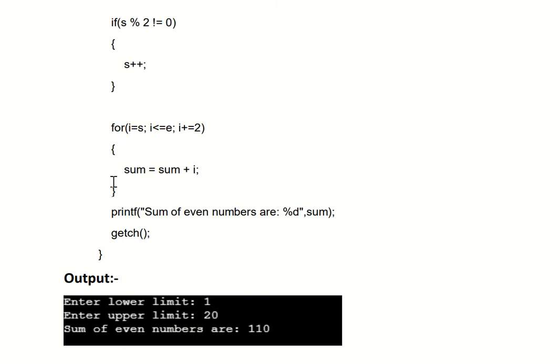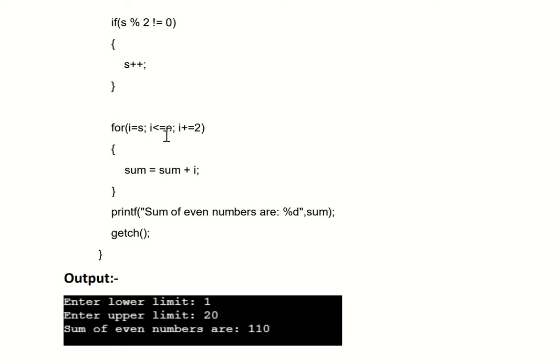So again it will go inside this for loop. Then sum equals sum plus i. Now the sum is not 0. The previous value of sum is 2. So sum equals 2 plus the current value of i, which is 4. What is 2 plus 4? 6. So the new value of sum is 6. Then the closing bracket, so again go back here and increment the value of i by 2. Likewise it will stay inside the loop till 20, because our ending limit is 20, and it will keep on adding.